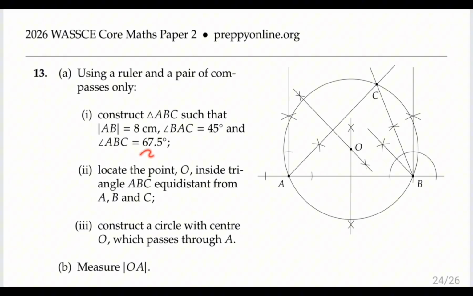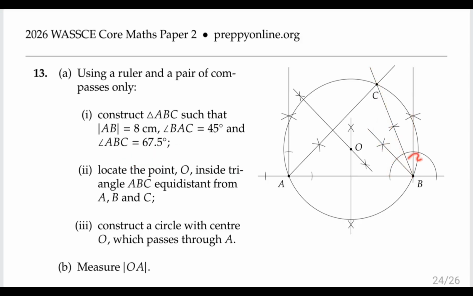The reason is that this 67.5 is equal to 45 plus 22.5. Now 45 is what you get when you bisect a 90-degree angle. So we drew this 90-degree angle here, then we bisected it. So this is 45. Then we now bisect this angle between the 45 and the 90 degrees. That's how come we get an extra 22.5 to add to the 45 to get the